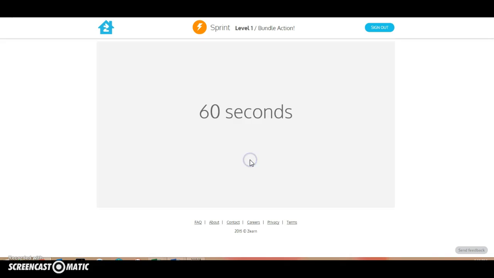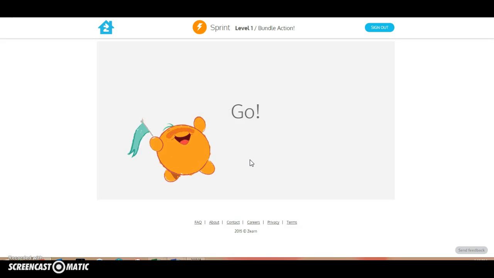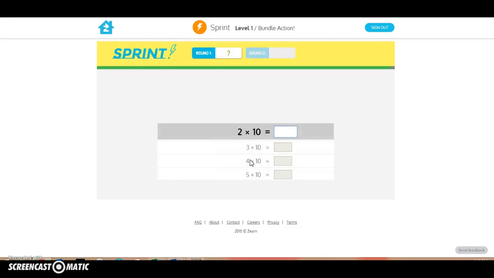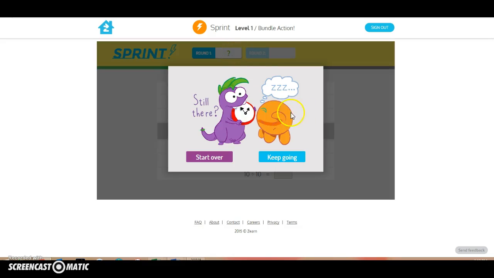So it says go. You'll click go. You have 60 seconds. It says answer as many as you can. Go! So it just takes them through that entire thing, and then it'll go back through and check all the answers, and it'll just show them one at a time and check them, and then it'll give them the second opportunity to do that. So at the top you'll see where it totals up the number that they had correct,